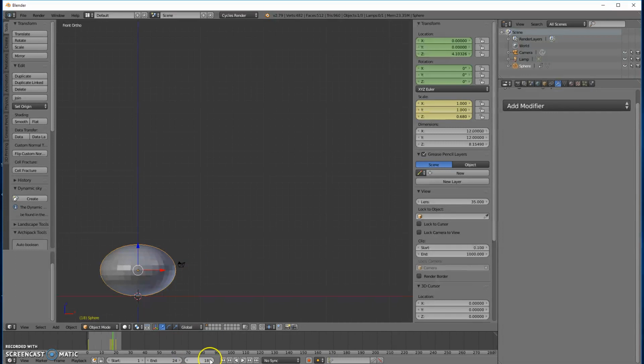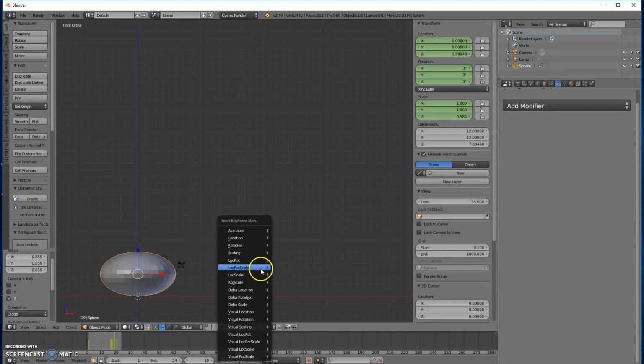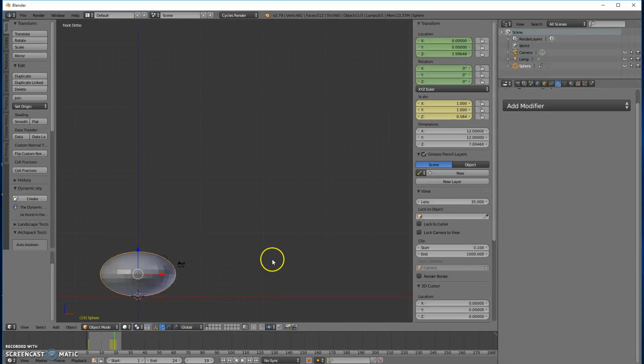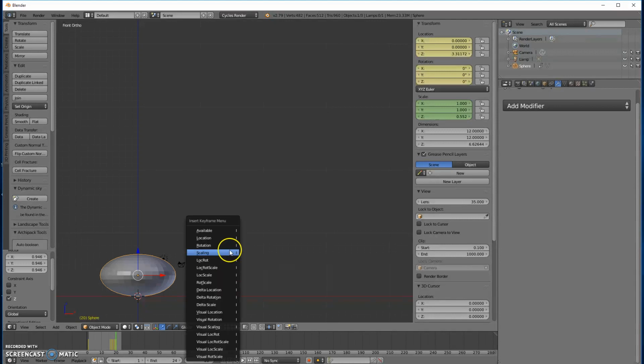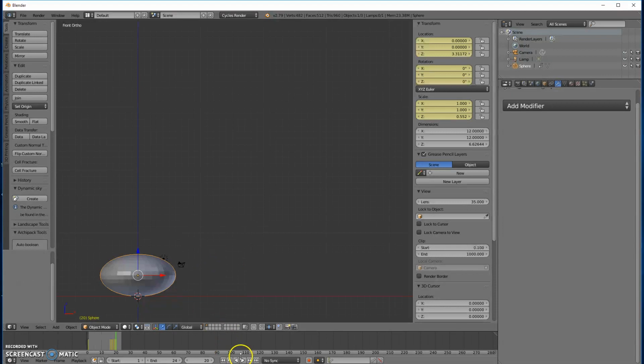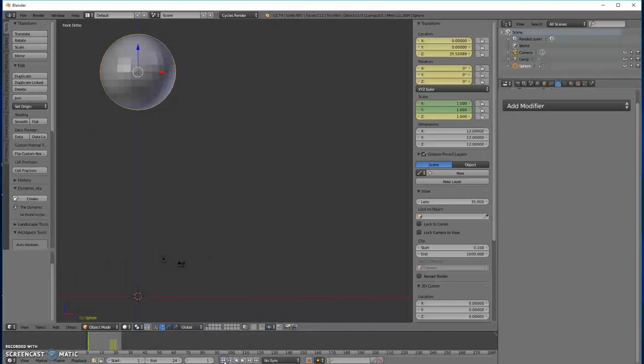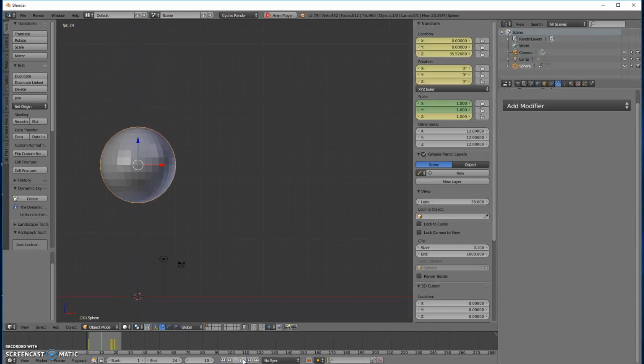So I'm going to go again, a frame forward here. We went through 20 frames, so we're almost done. S Z, and I can scale it down like so. And then hit I and just do scale there, and then I'm going to do one more frame. There we are. S, Z. And I'm going to hit I, and we'll just do scaling. Okay. So now, if I go back to the beginning, I can hit play, and there it kind of looks